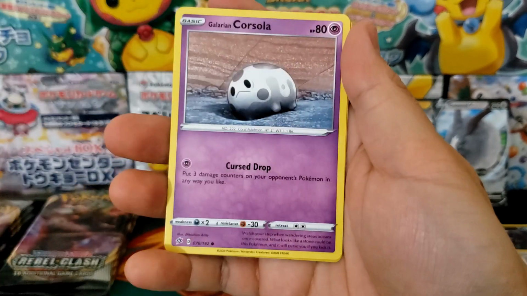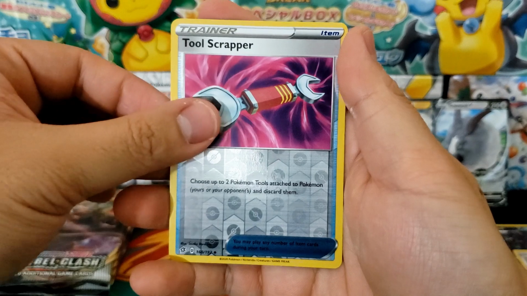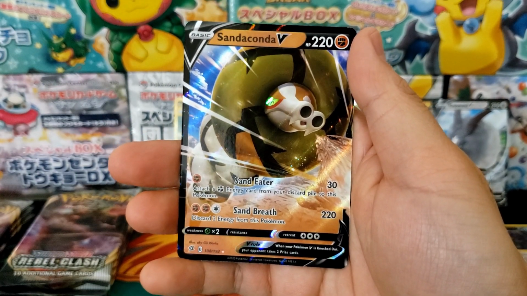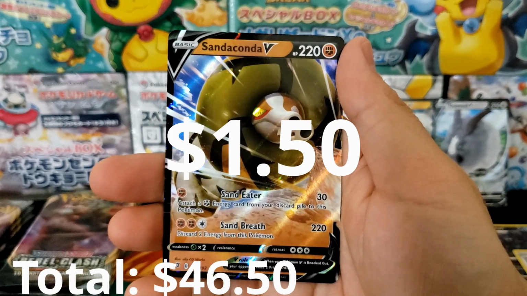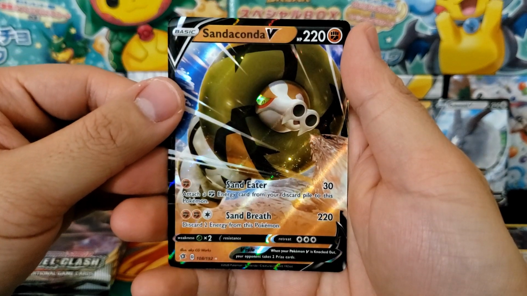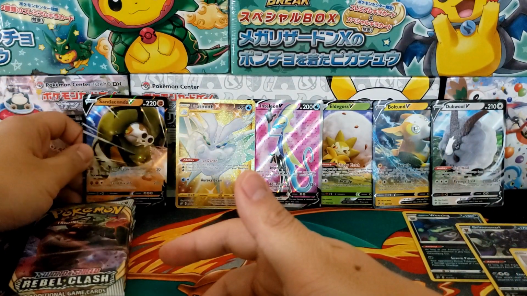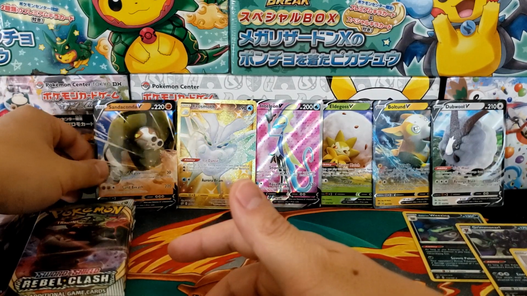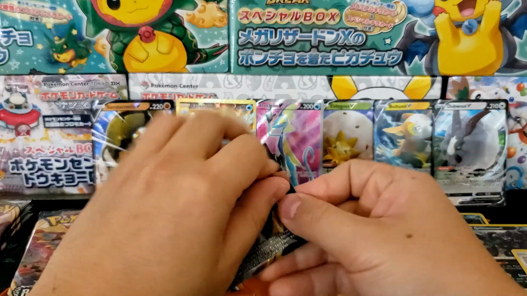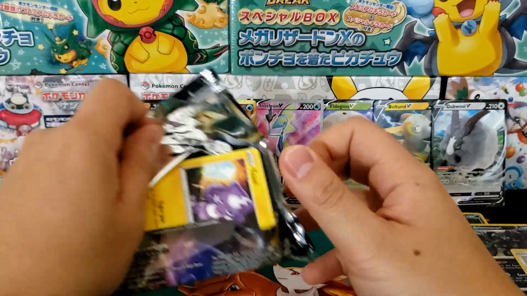We got Caterpie. Galarian Corsola is just so sad. We got Tool Scrapper, holographic reverse, and in the back, Sandaconda V, our next V card. All right, another one for the binder. Number 108 out of 192. Oh man, I wish more of the V cards were actual art and not 3D art. I don't know if you guys agree with me, but oh man,